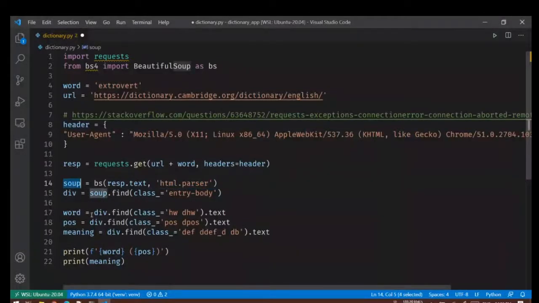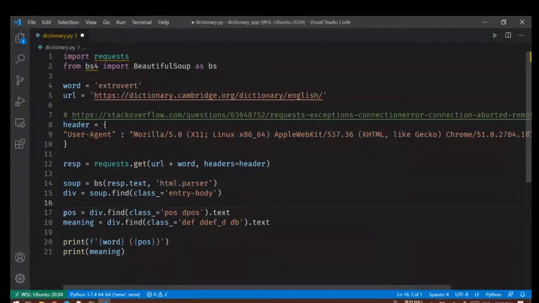Now we created a soup object. Now soup object makes it extremely easy to search for particular elements and extract important text from them. So we have used it to extract part of speech, meaning, and the word itself. As we already know the word, I don't think we actually have to extract it. So we are left with this code.